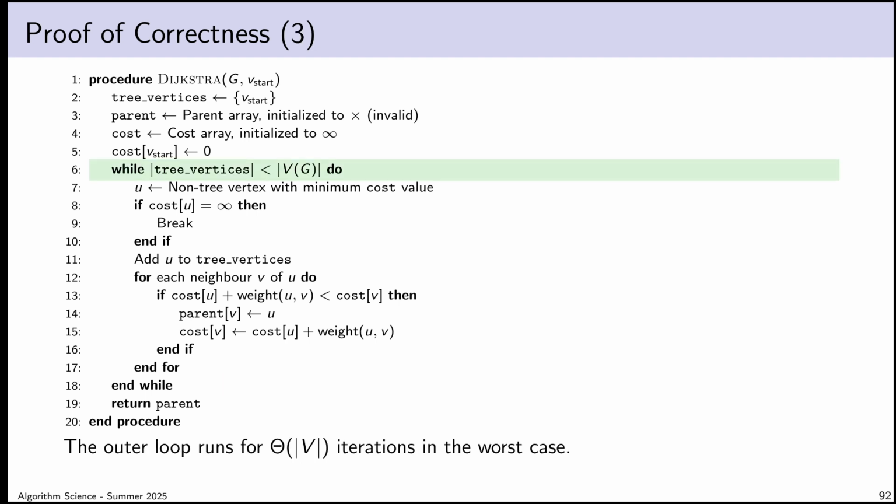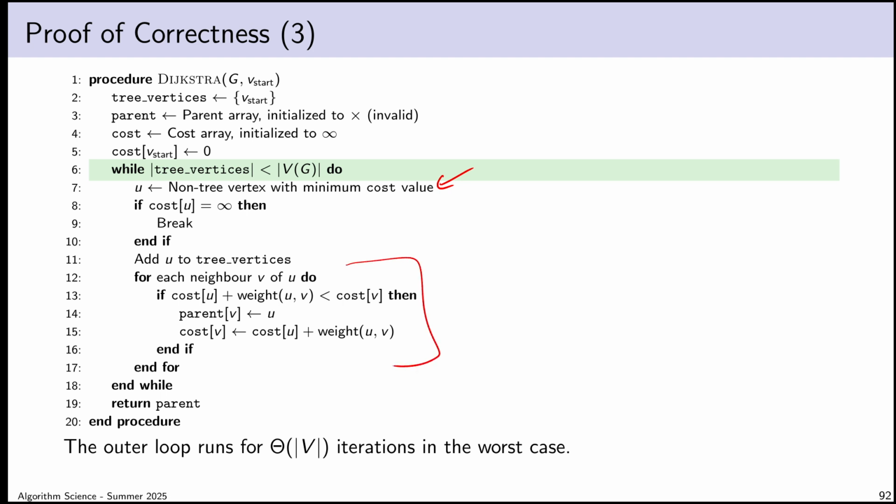All right, so the running time of the outer loop in the worst case is pretty obvious. It's going to be the number of vertices, so size of V. Okay, so there's that. And then the question is how much work actually gets done inside the outer loop. And it's pretty easy to argue that this stuff can be done in constant time, as can this stuff here. So really the only two unknowns are line 7 and this loop here.